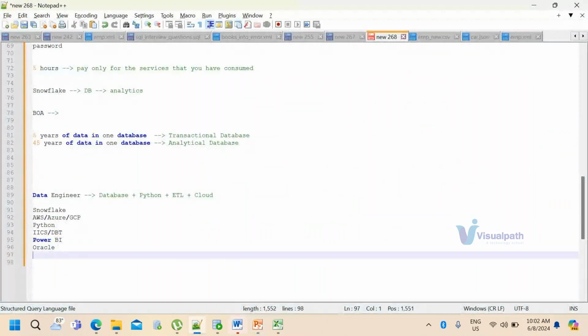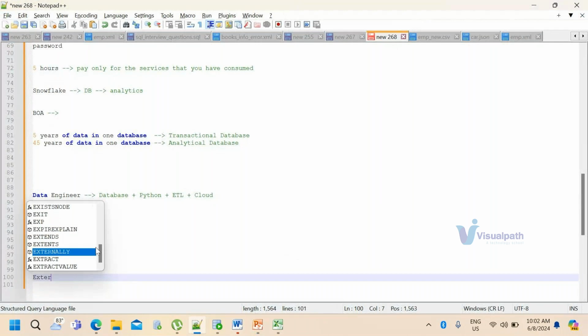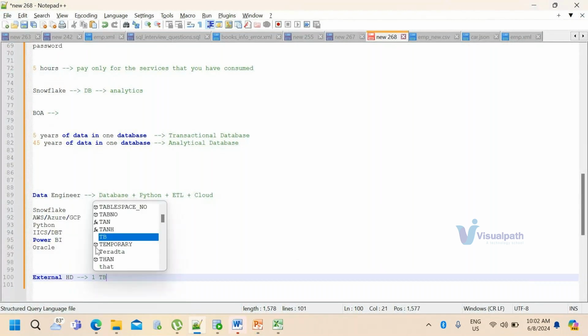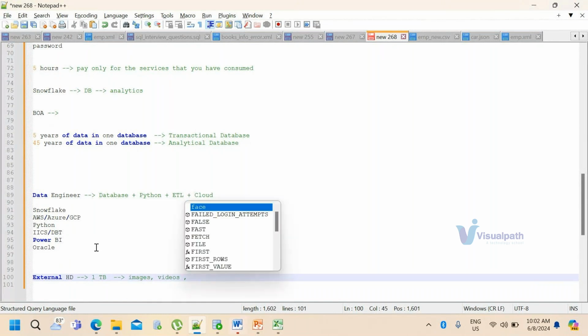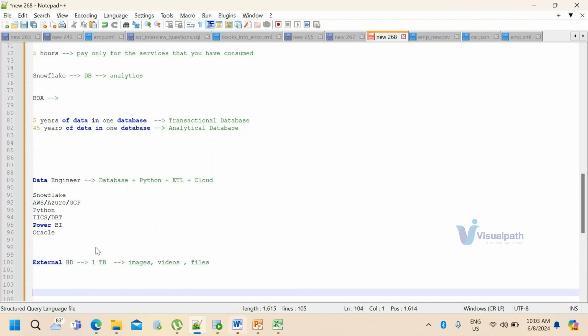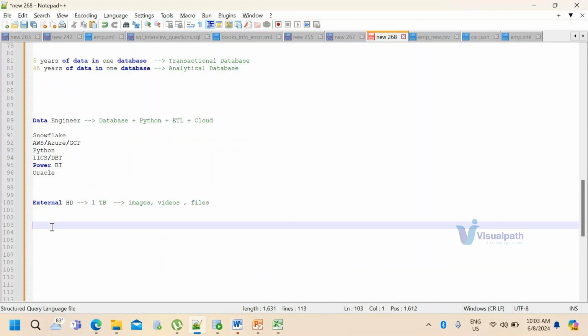Let's assume you have an external hard disk of let's say 1 terabyte, and you have a lot of images, videos, and some files. Now let's assume there are three different computers.